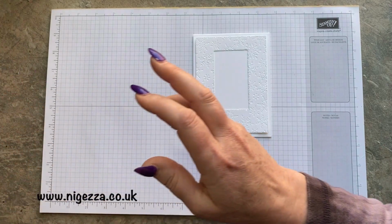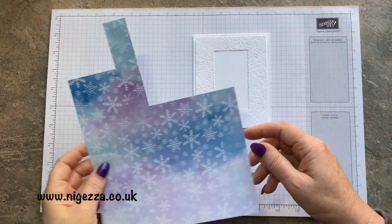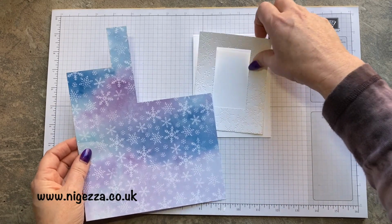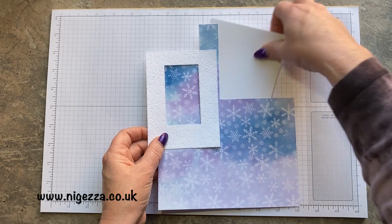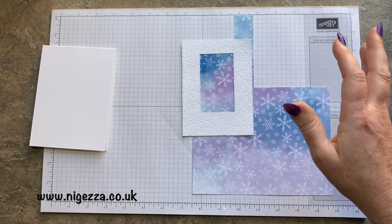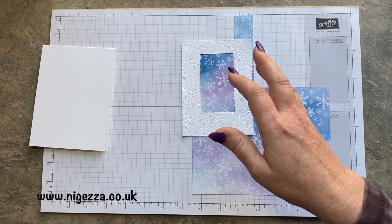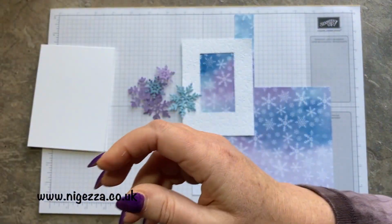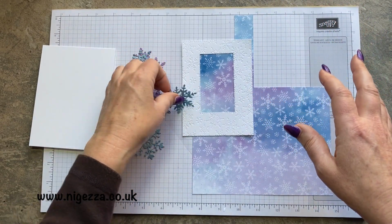It is okay. So now we need a bit of DSP. Now I could have cut the DSP out with the die that's a little bit bigger, but actually we can just cut it out by hand. So it's just a matter of deciding which bit I'm going to go for. Now I've already cut the snowflakes, and not that I can actually see them right now, but I have cut the snowflakes. There they are. And I was just going to sort of play with them a bit. So I've cut the 3 smallest snowflakes out,